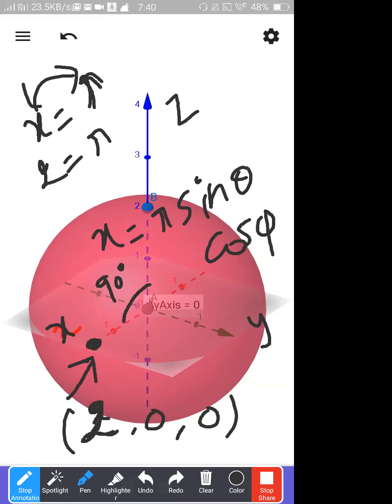Then please somebody tell me what is the phi value? Phi means what, sir? Always the angle measured from the x-axis or the x-z plane. So what is your phi? Your phi is 0. You are exactly on that plane only. So your phi is 0. Now you know what is phi, you know what is theta. If you substitute, are you getting x is equal to r? Anybody?